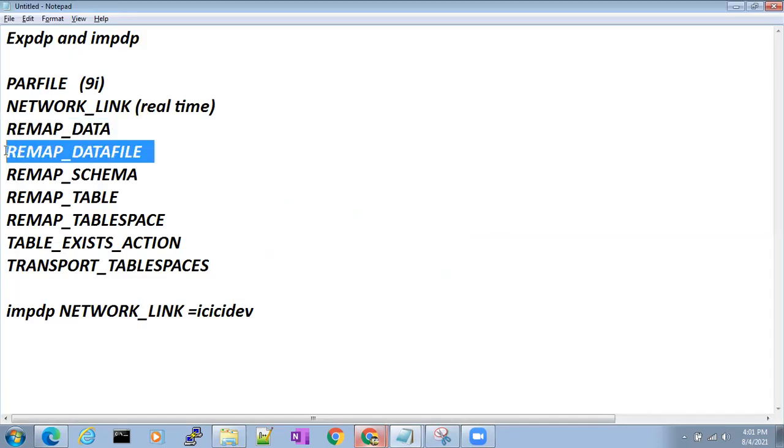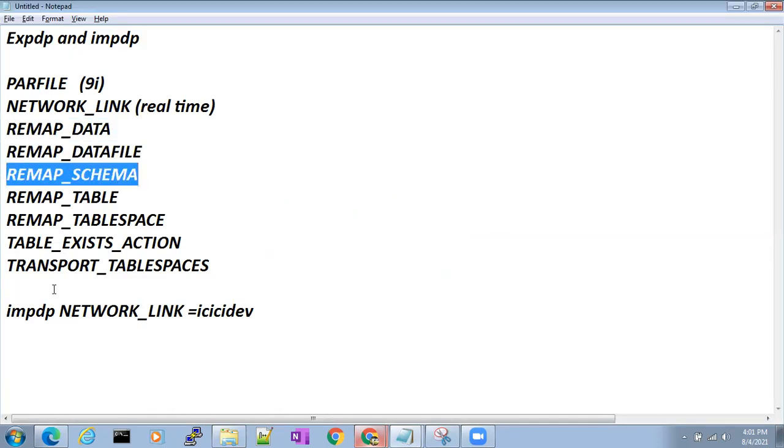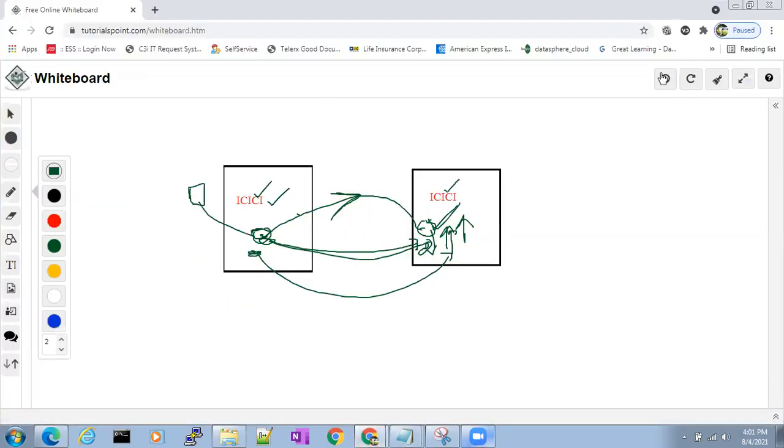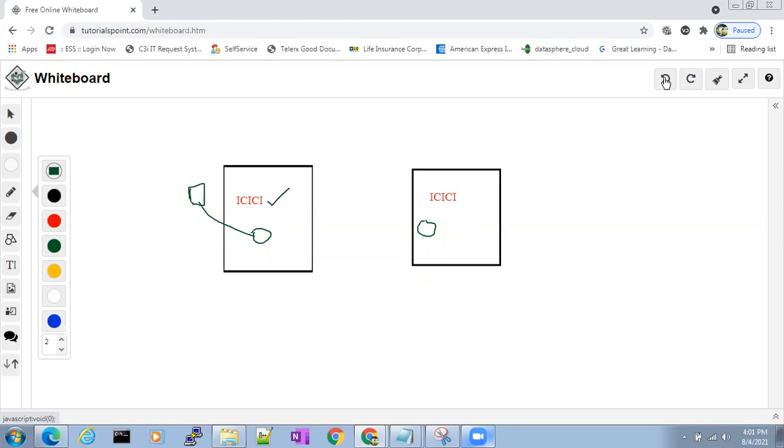Okay, and remap data file, remap schema. What is this? Why are we using remap tablespace? Why are we using this? This is interesting and very important also. Okay. Now, till now what we have seen is